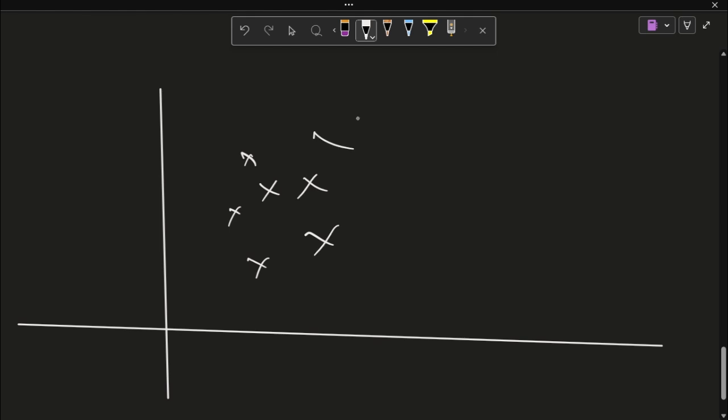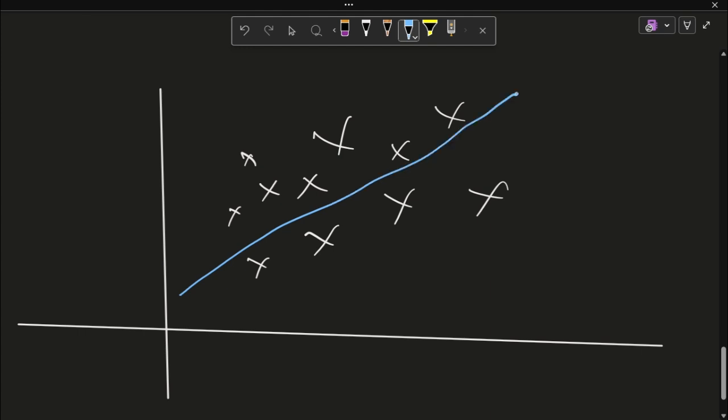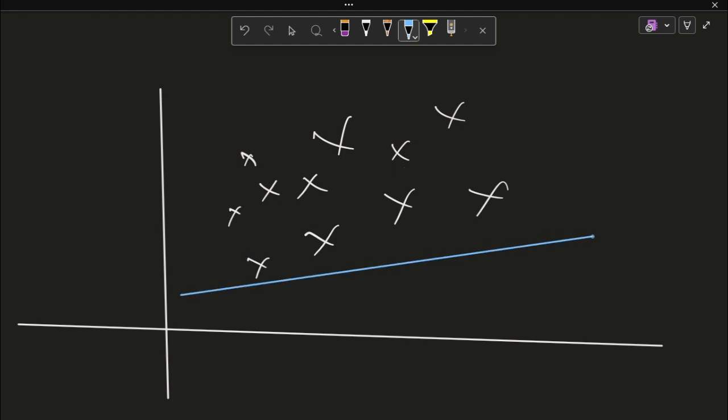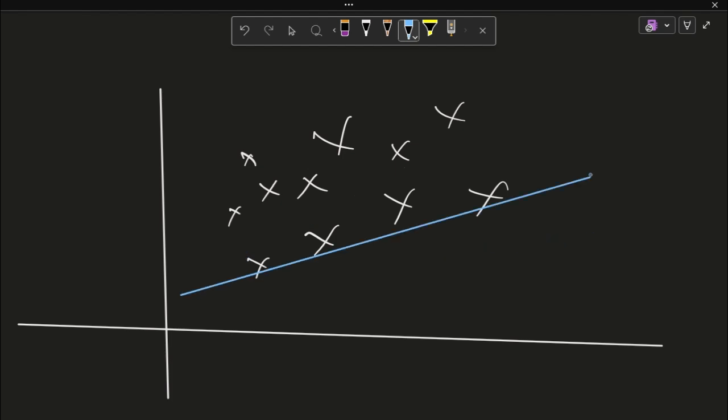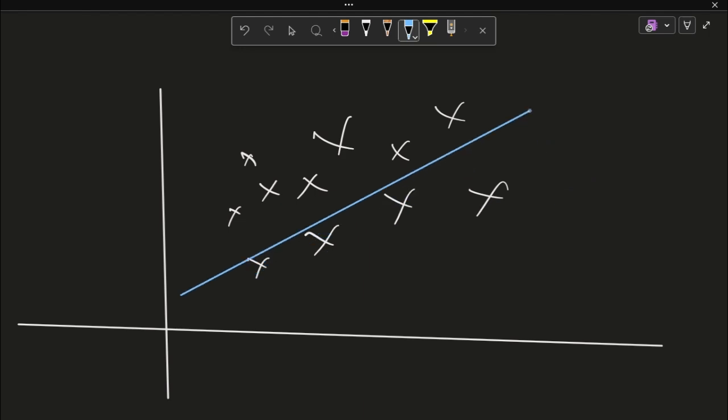Lots of data points. What a machine learning algorithm does is that it somehow finds the best line here. Which line? Is it this? Is it this? Is it this? Basically, it finds out the best line possible so that it can represent the whole data,